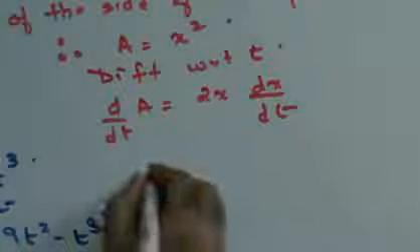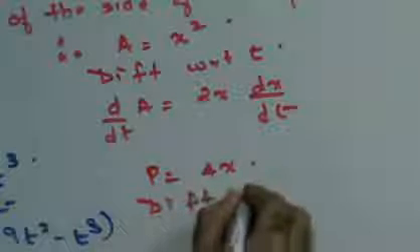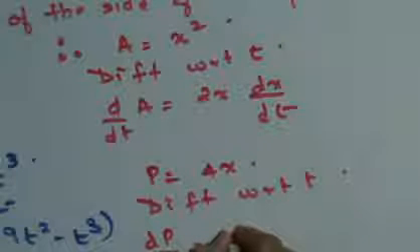Next, I can say perimeter of a square is 4x. If I differentiate with respect to t, I'll get dP/dt is nothing but 4 dx/dt. Right? Now, they've given you